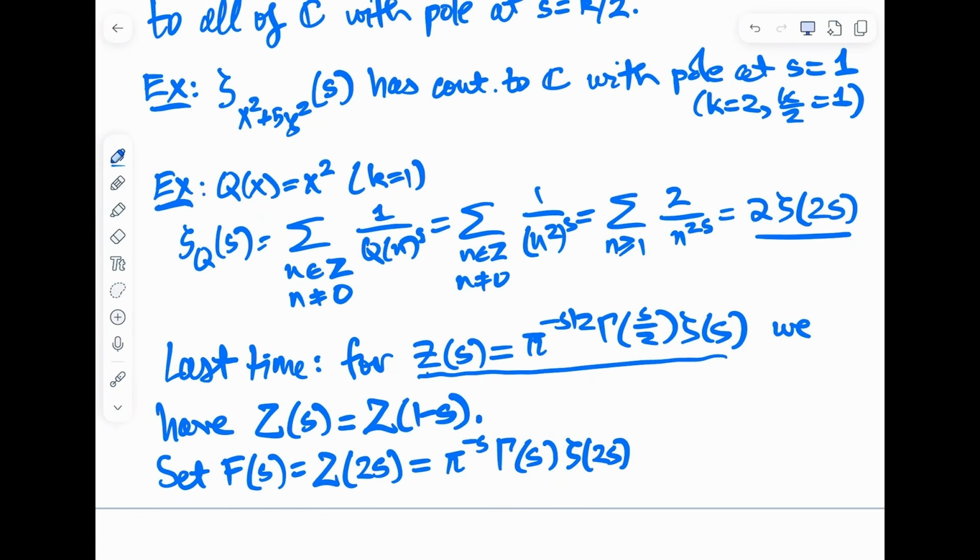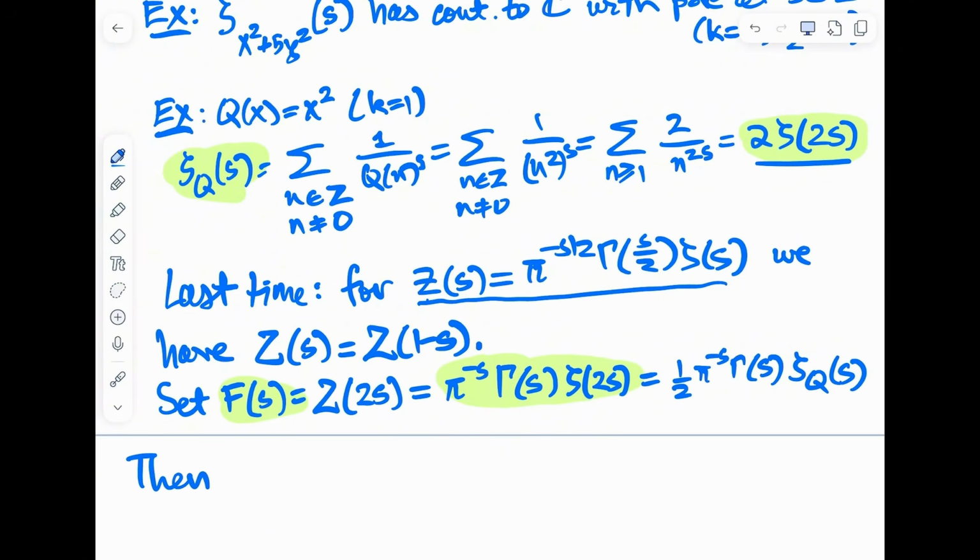Okay, the completed zeta, the original zeta function had an extra factor of 2. That's not really going to affect anything, but if you insist that I put it there, I can just put a 1/2 out front. It doesn't really matter. Gamma of s, and now doubling it finally gives me zeta q of s, all right? And so